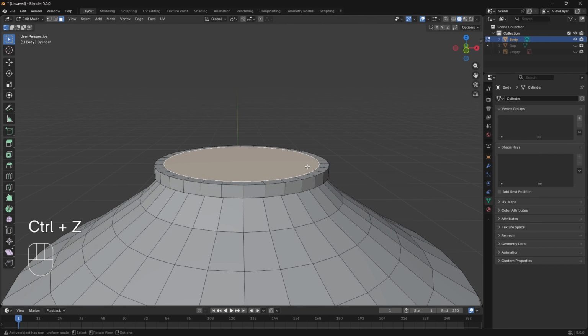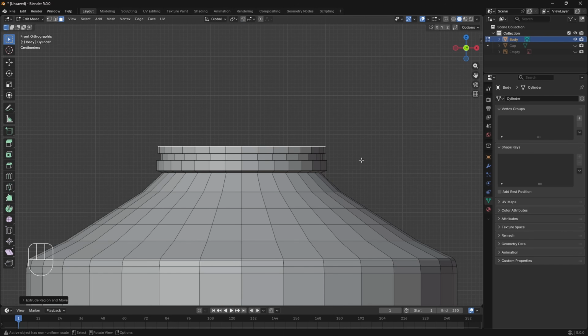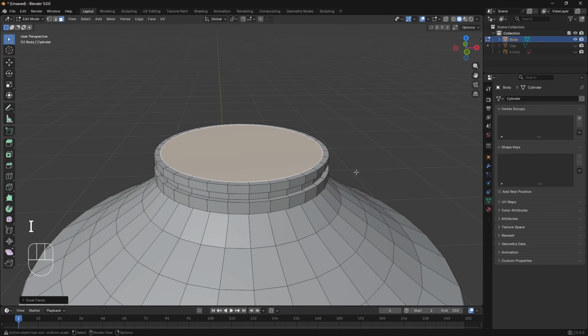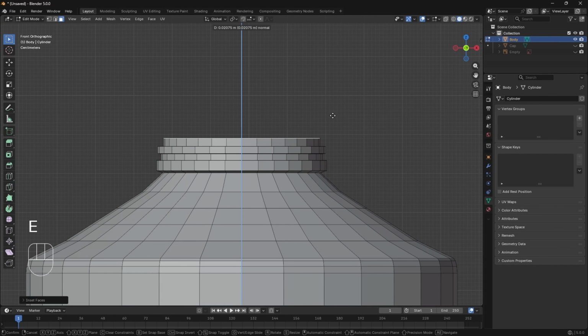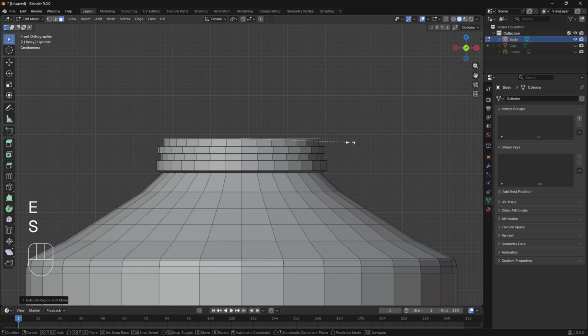That's too much, actually. So that's good. E. And then E again, right click, S to scale. And then GZ, E. I again, E, and then E again, right click, and then S, E again,